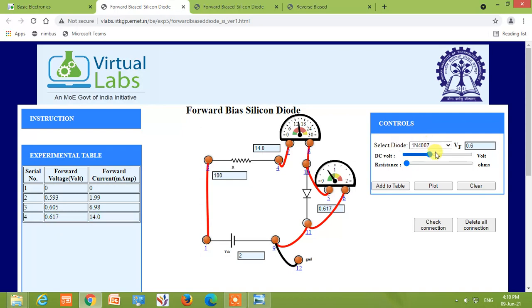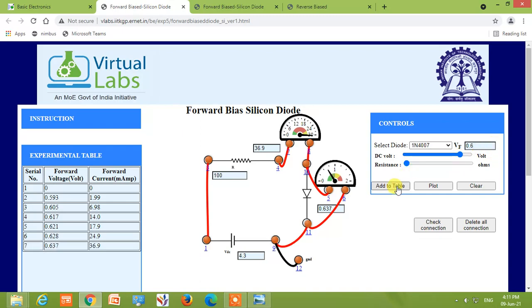Keep on increasing the forward bias voltage. Add to table. Increase the voltage. Add to table, and you will see the corresponding values of current and voltage. Keep on increasing. Current changed, voltage changed, and the table. Keep on increasing.